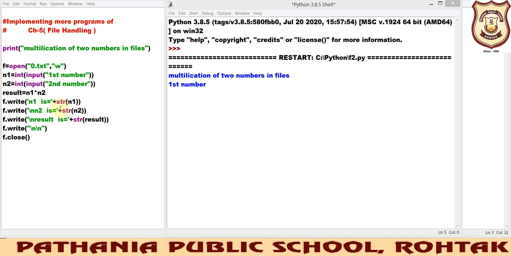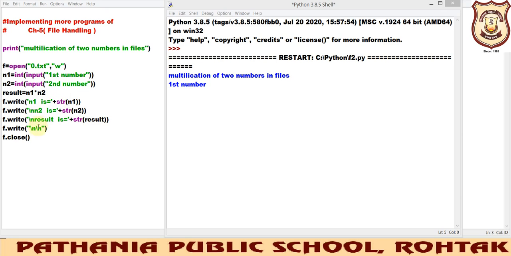Because we know that whenever we are using this plus symbol, on both sides of it there should be similar types of elements, so that it may concatenate. So if on the left side there is a string, on the right side also it should be a string only, then it will give you the answer. And we have learned that the write function does not add a slash n